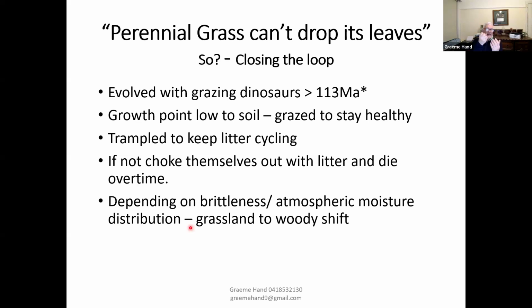But what happens is you keep getting that leaf emergence, 1, 2, 3, 4, one dead, all that sort of stuff. I've forgotten, ryegrass has 3 actively growing leaves. I think Phalaris 4, Cocksfoot 5. But that doesn't matter. They fill themselves up with litter, and they choke the growth points of the grass. It then dies in the ground. And once it's choked itself out, that's when you get your grassland to woody shift. If it's a high landscape function grassland, it'll go to trees. If it's a low landscape function grassland, it'll go to